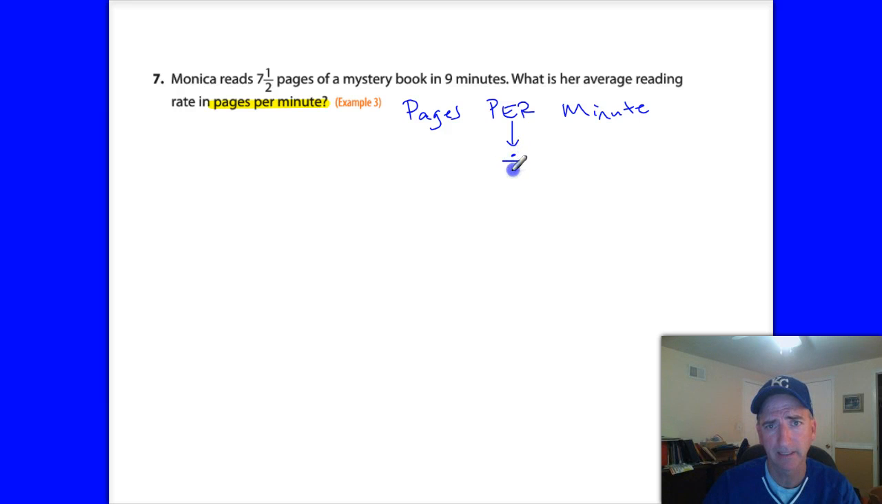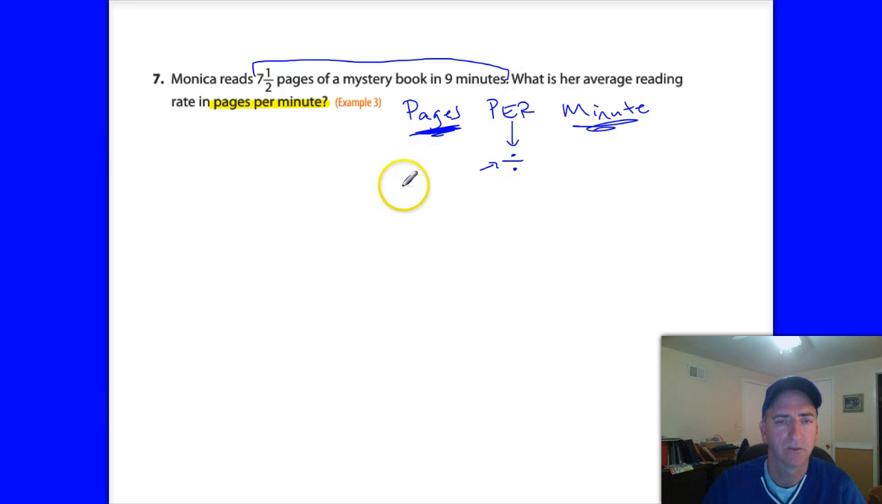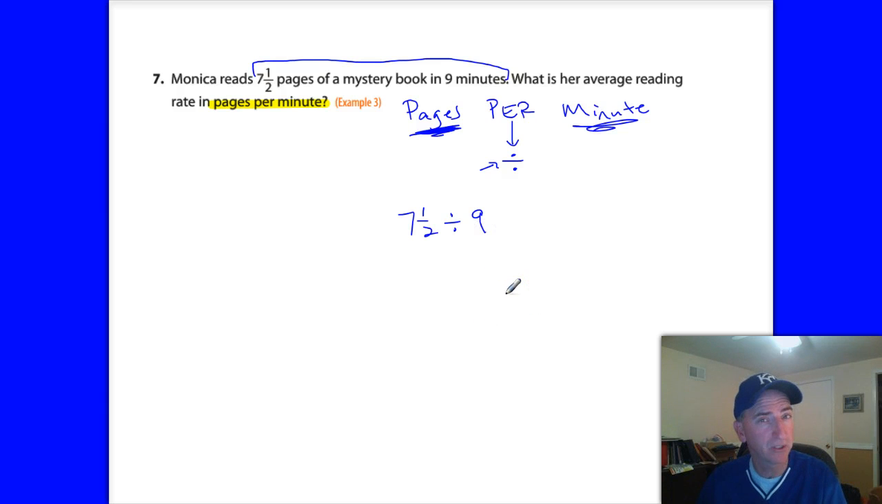That simply means divide. So you want to take the number of pages divided by the number of minutes. And that's all this question says to do. And it's all right here. Pages of the book in 9 minutes. So simply put, what we're doing here is we're going to take 7.5 divided by 9. Okay, 7.5 divided by 9. Now that's really a complex fraction. And it's going to be a unit rate because it will tell you how many pages she reads in 1